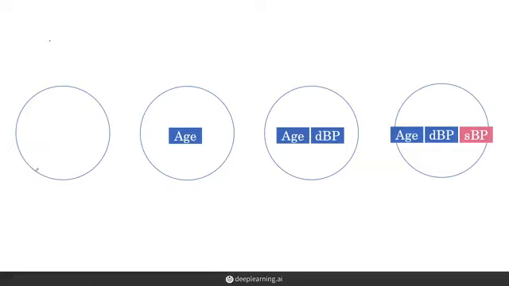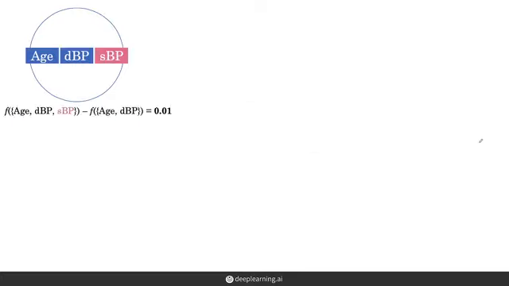Let's imagine the feature set being formed one feature at a time. First, our feature set is empty, then it gets one feature, let's say that's age, then it gets another feature, that's DBP, and finally, it gets SBP. We can now find out the contribution of SBP when it joined the feature set by computing the prediction of the model with the three features minus the prediction of one with just age and DBP, which came before SBP